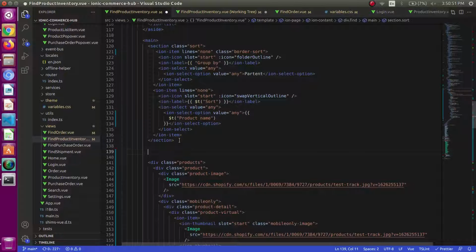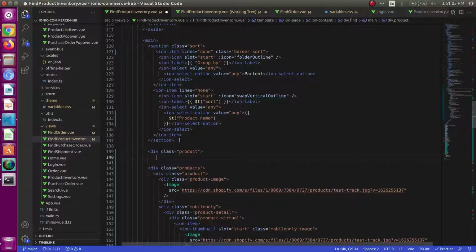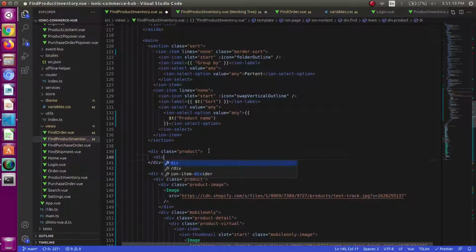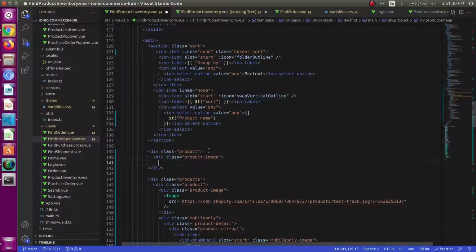As we can see, we have a product class. So I will be replacing it with a product class. Inside that, first of all, I will be having the product image portion, which we are seeing right now, and it will be desktop only.